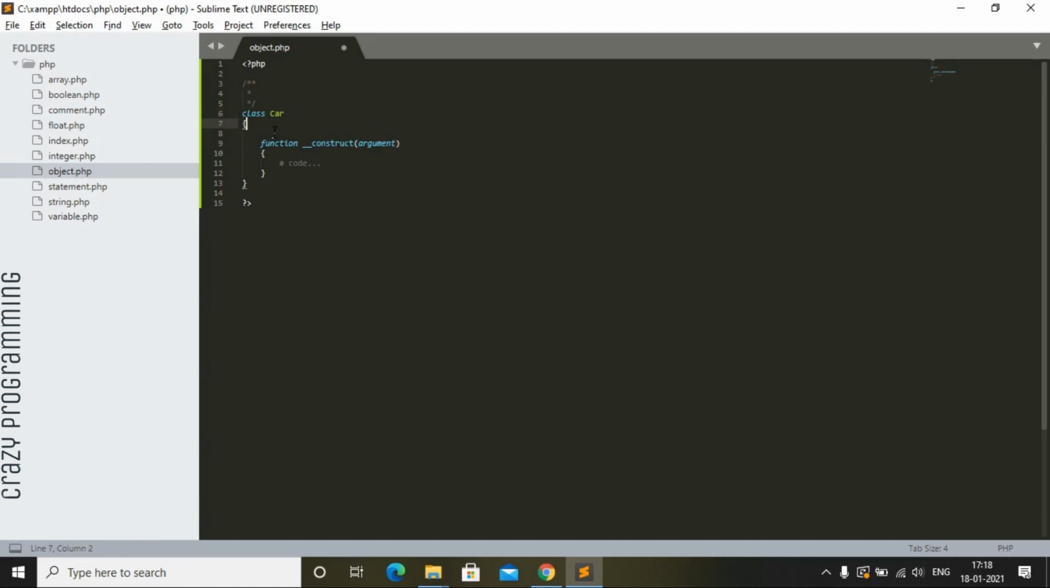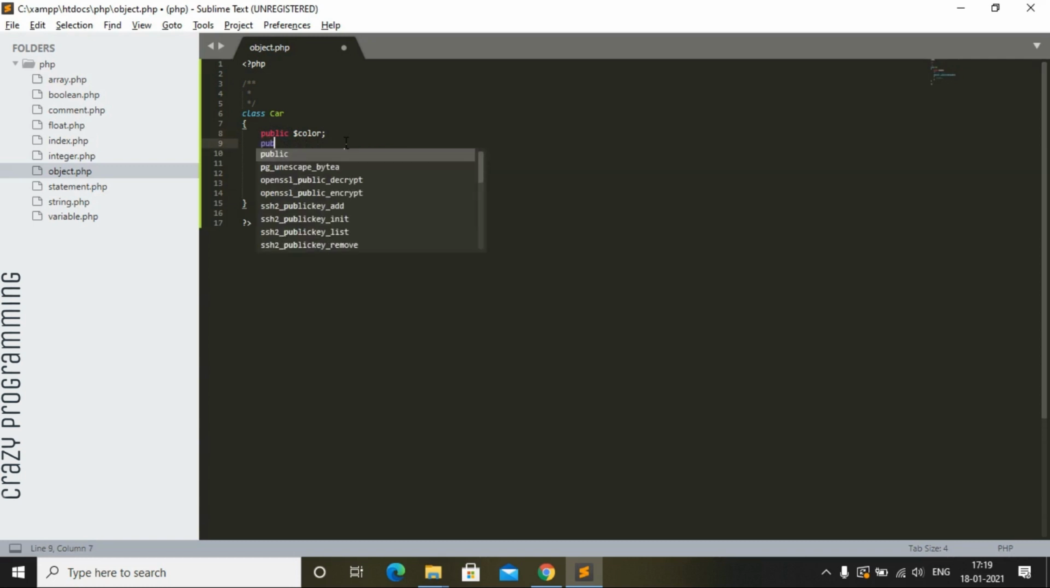Inside it we are using public dollar color. So this means that we are using a variable inside the class which is public. You can also write private if you want to use it in private. Okay, so we are using it in public, and then we write another public and another variable that is model. Every car has color and model,